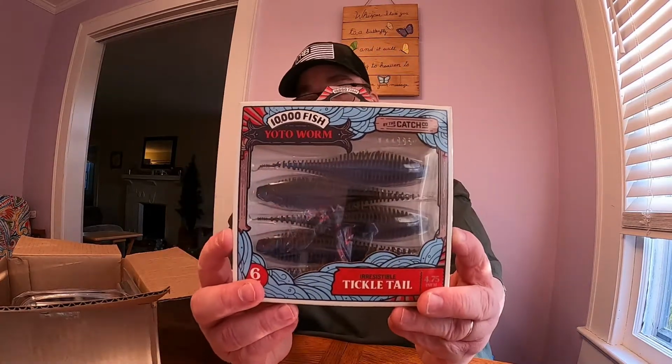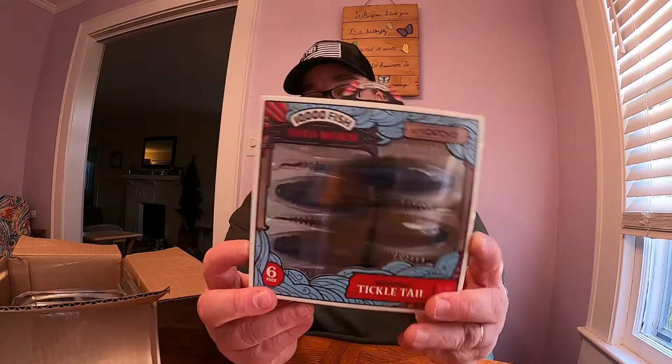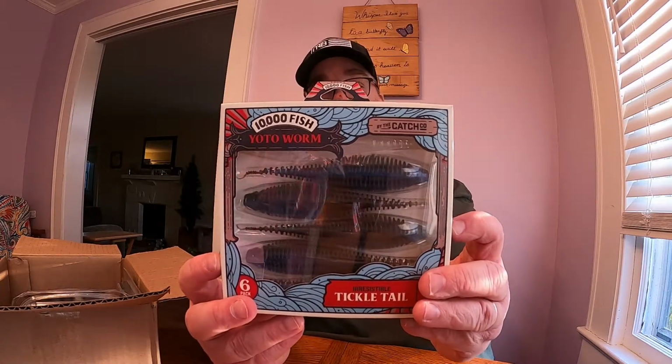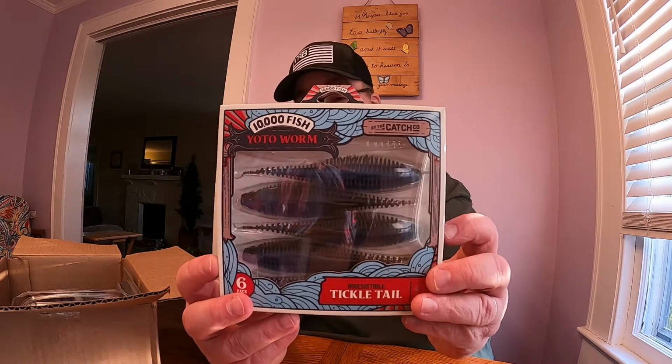Next thing we have in the box here is by 10,000 Fish. It's the Yoda Worm. This is the tickle tail. It's 4 3/4 of an inch long, and this is in the blue craw color. So you've seen the Yoda Worms before. We've unboxed some of these before in some of the other packages, not necessarily in this color because we have